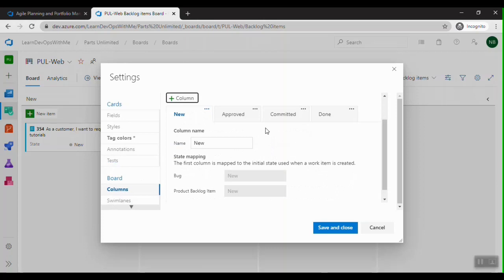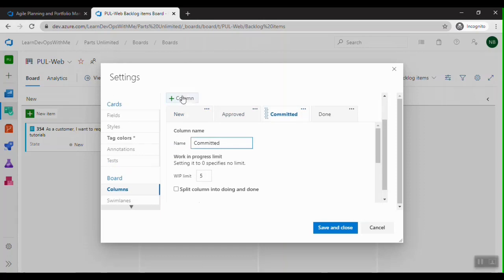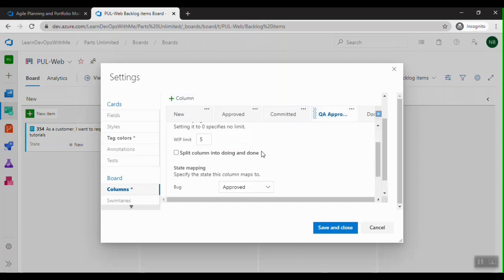Yes. So here, now we are going to add a new column called QA approved. I'm going to have this QA approved after the committed state, and I'm going to set the work in progress limit to 1. Okay, let me save and close.